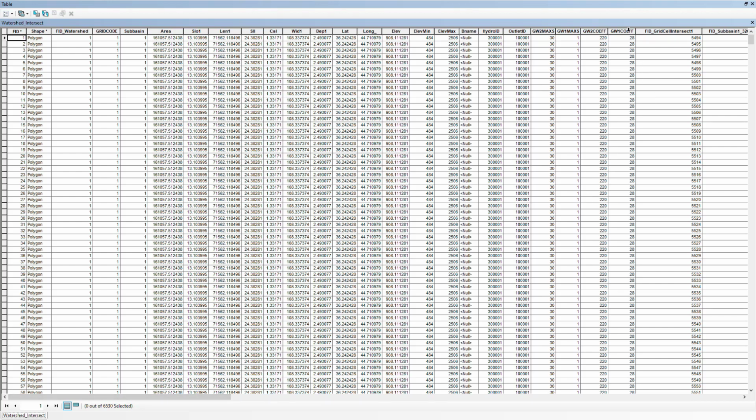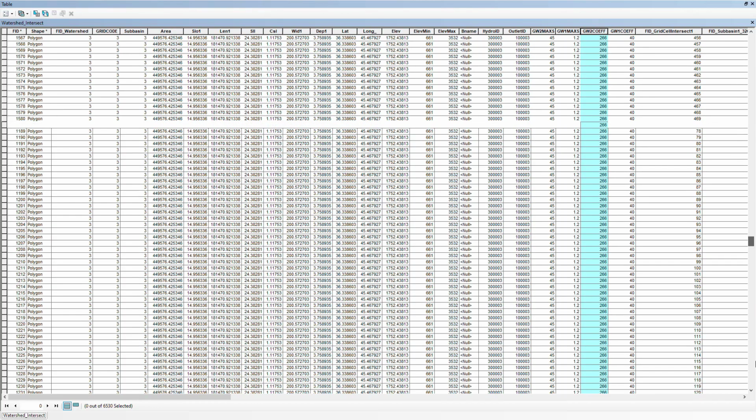In this table, we find the fields of GW1 coefficient and GW2 coefficient values, as we see.